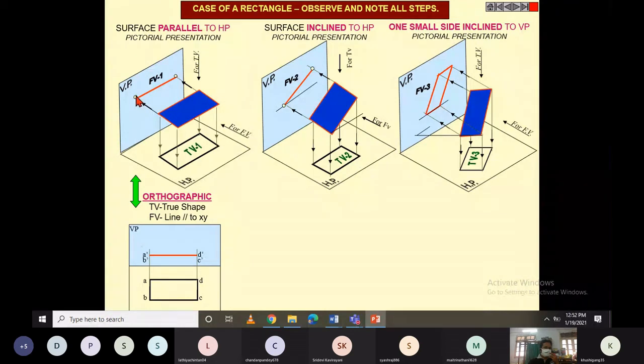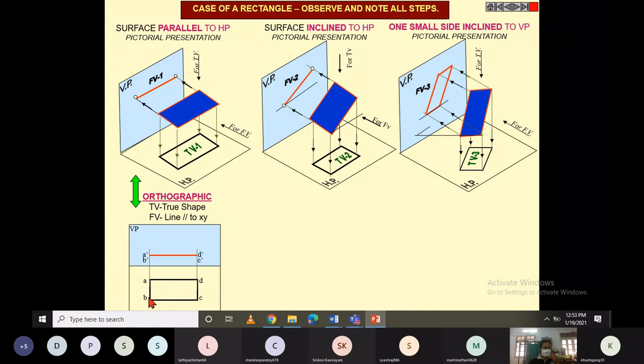The important thing is, when you extend the end projector from A dash, it will be collinear with A and B. That means your top view projection is enclosed by the end projectors of the front view. That means you have to extend the line from A dash B dash, and you have to extend the line from D dash C dash. By extending, you can start from any point, because we do not have the information how much it will be in front of XY. So you can start from here or here, that point A. So let's mark that point A.